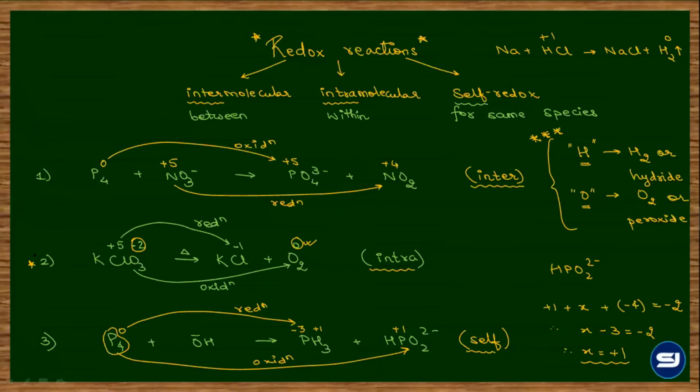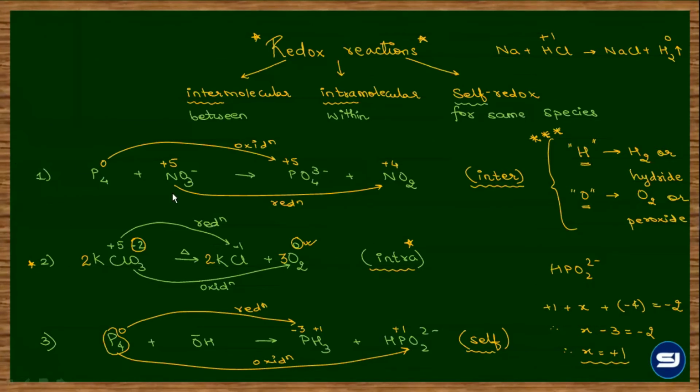Second wala reaction, when it is intramolecular, the balancing is quite simple. The oxygen on the left are 3 and on the right are 2. So whenever there is a mismatch, 3 and 2 could be balanced by multiplying 2 and 3. 2 over here and 3 over here. So we have balanced oxygen. And chlorine के लिए will balance by multiplying 2. So intra balancing is very very simple because एक ही molecule है ना, which is undergoing the reduction and oxidation. ठीक है?